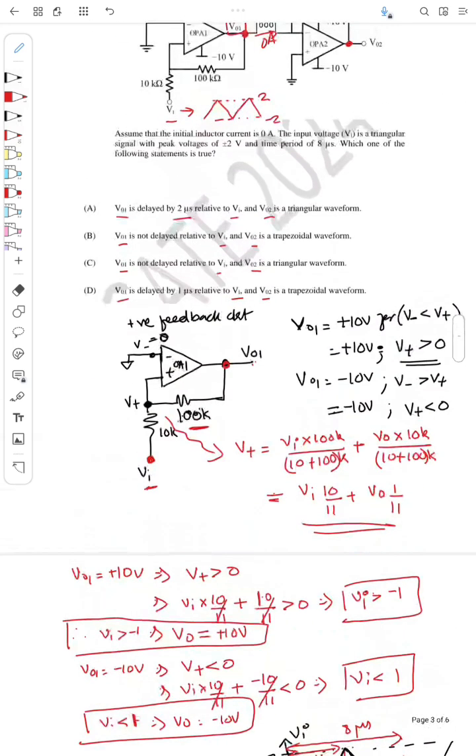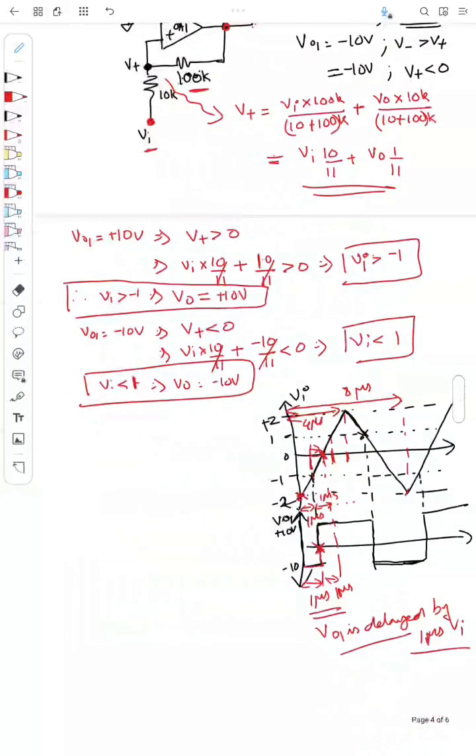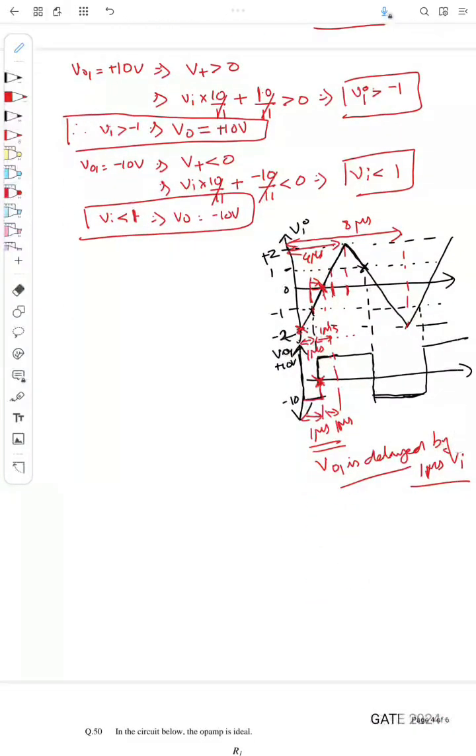So that is the answer. If you see here, in option D, V01 is delayed by 1 microsecond with respect to Vi. So mostly D will be the answer. We will also see what happens to V02. So coming to V02,